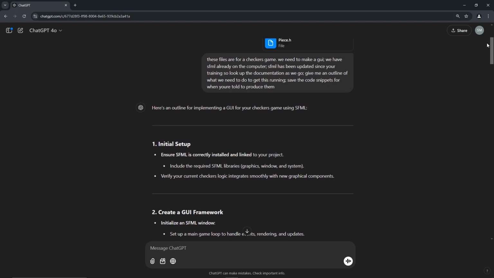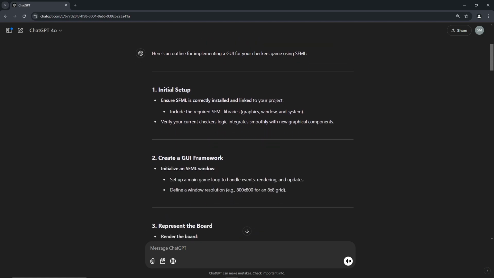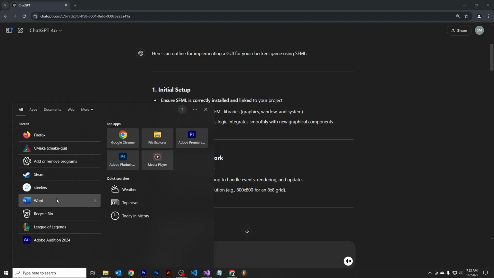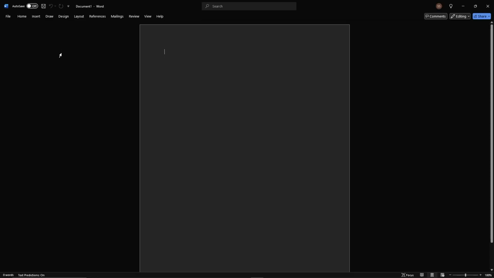Also, we want to come back to this later too. So we've got to make a system where we can put this somewhere. Maybe a Word file. I mean, maybe a Word file, and